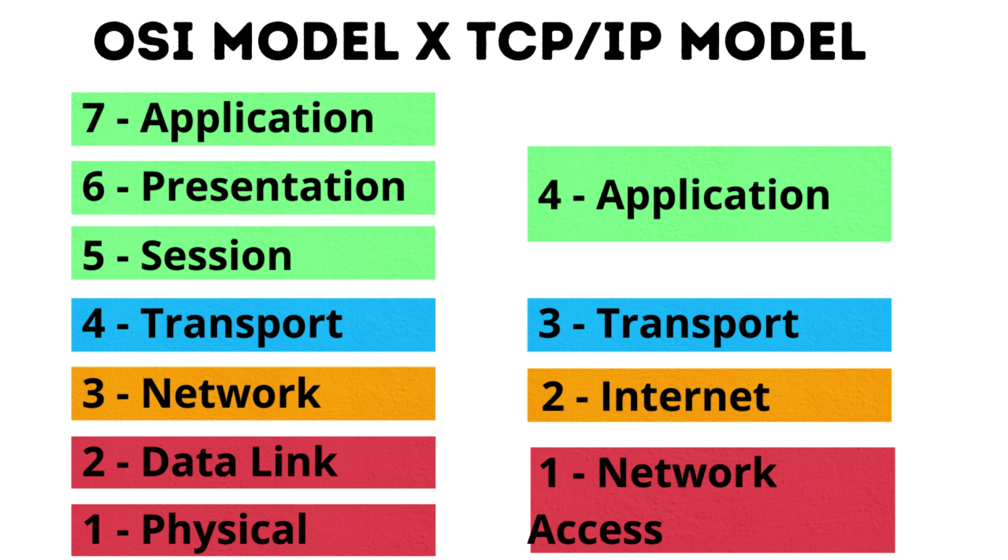It's important to see that the transport layer continues the same, but the network layer changed its name to internet layer. The OSI model is great for learning and understanding the roles of each network component, but in real-world networking, TCP/IP is the model that we actually use for internet communication.